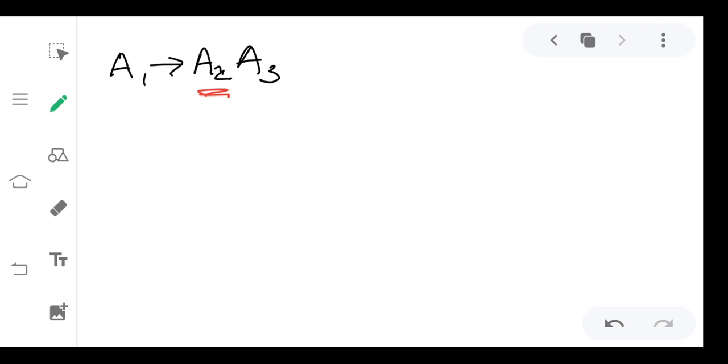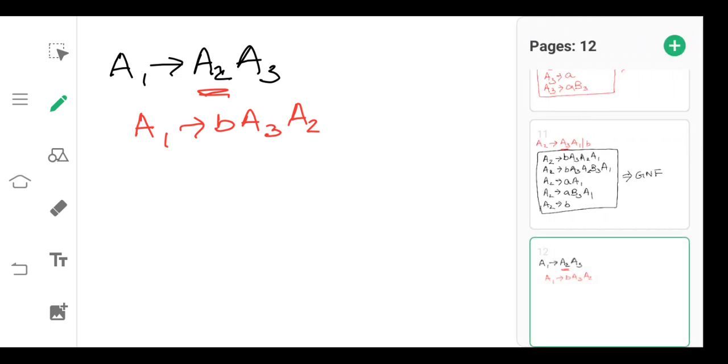So now I can substitute A2 with A2's production. So A1 produces B, A3, A2, B, A3, A2, A1,